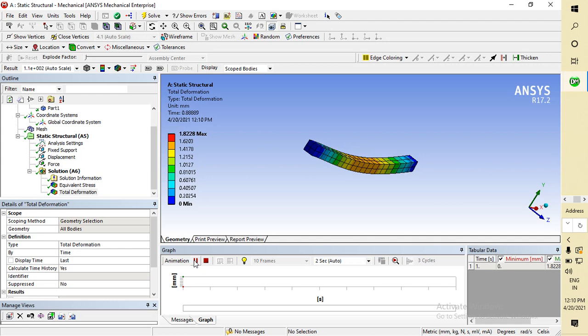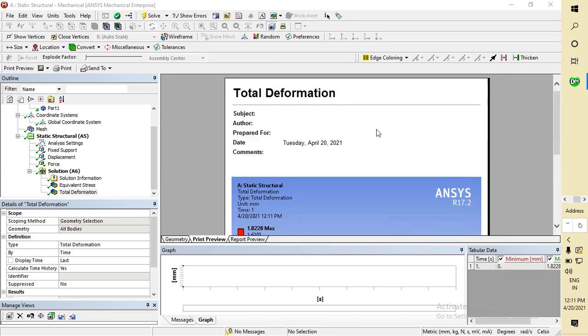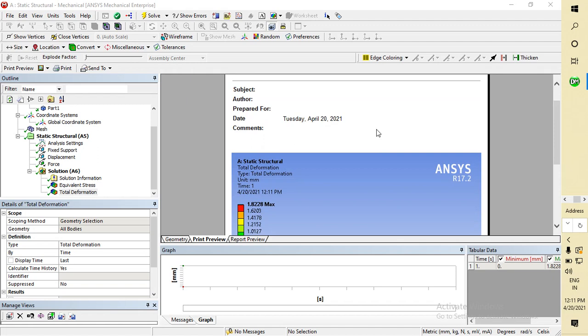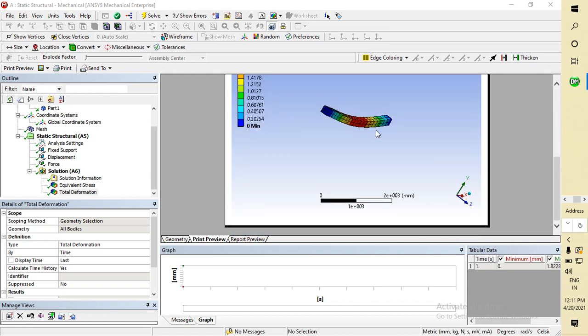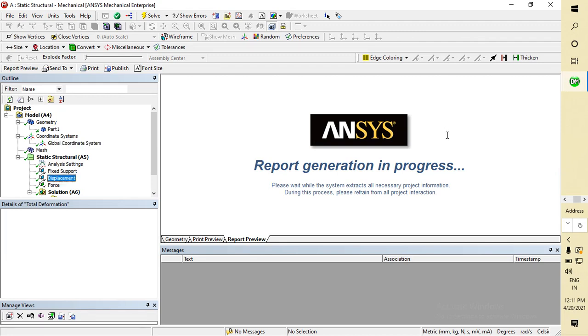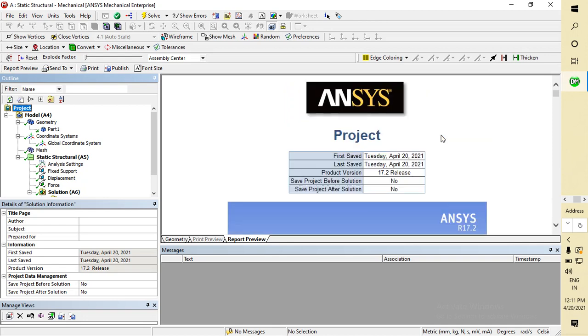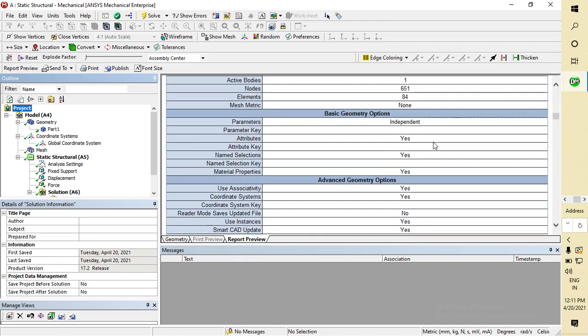If you want to see the report preview of this project, you can go from here. From here you can see this report also.